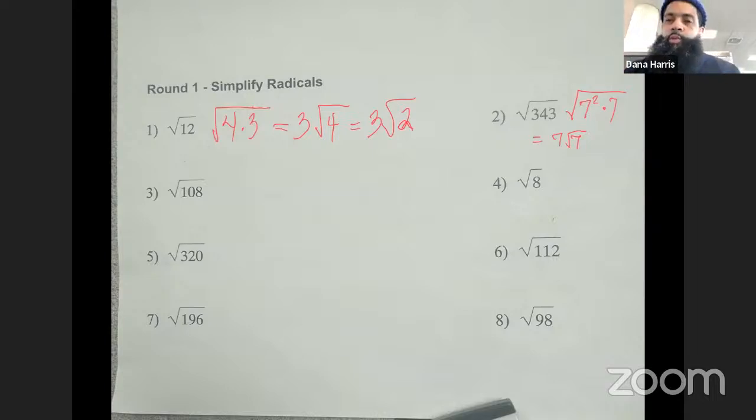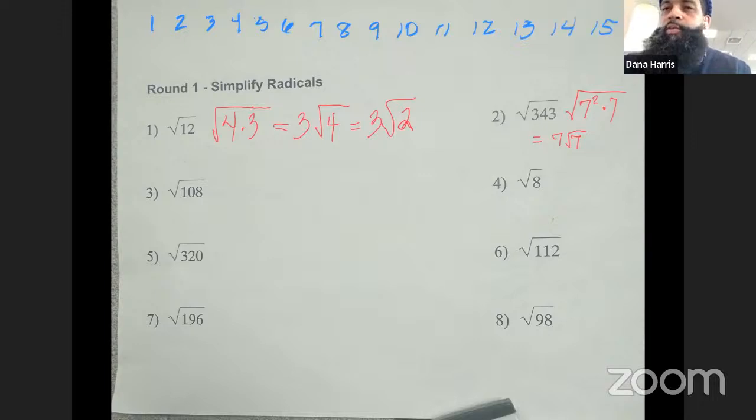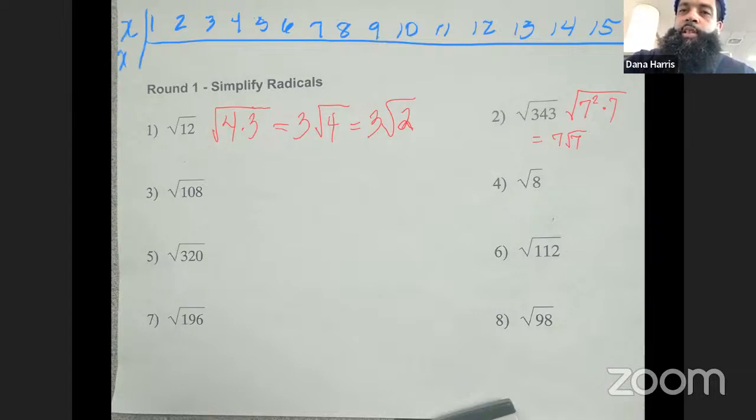For number one, we have the square root of 12. We want to break these radicals down into simplest form. One of the things I always teach is to create a list: the numbers 1, 2, 3, 4, 5, 6, 7, 8, 9, 10, 11, 12, 13, 14, and then 15. On the bottom, let's imagine this is X, and this is X squared: 1, 4, 9, 16, 25, 36, 49,